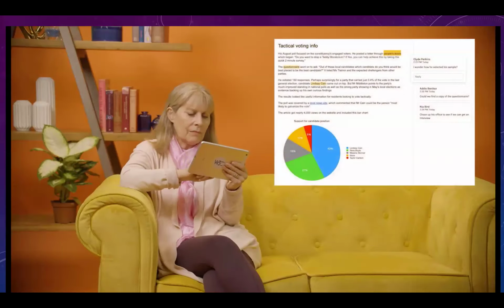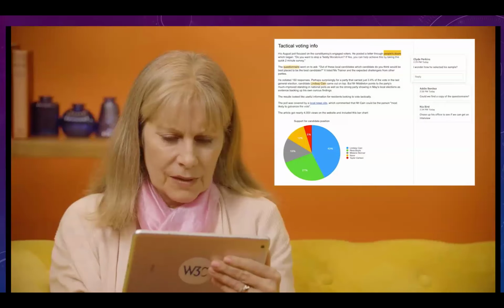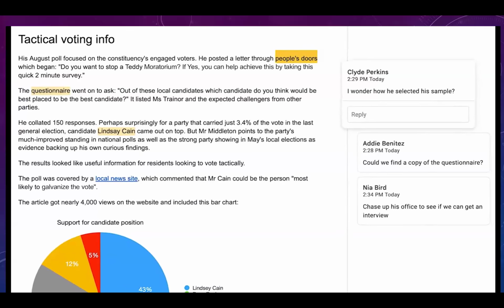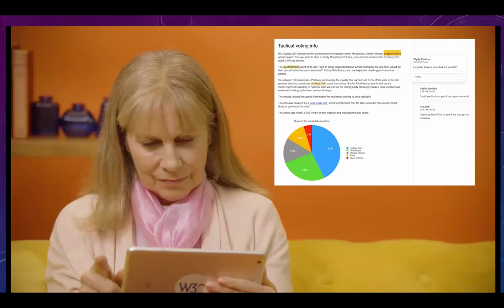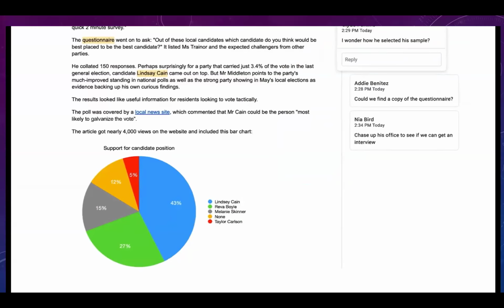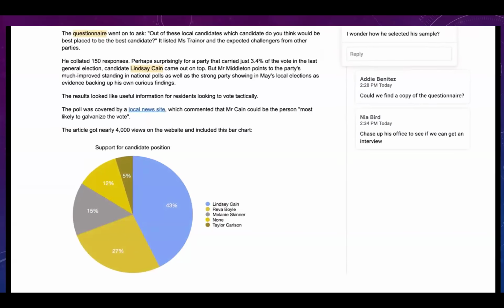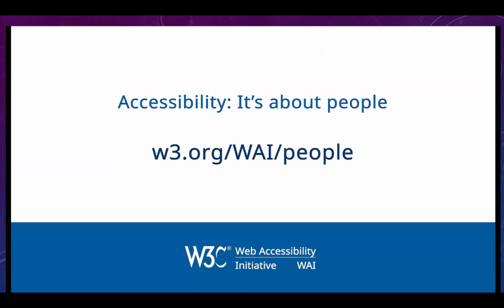Colour issues also happen at work. For example, when my colleagues highlight words in a document without using the commenting function. The commenting function outlines the marked text in addition to highlighting it. Another example is when charts don't have symbols as well as the colours for lines and bars. I can't identify them from colour alone. My team is usually careful about this, but sometimes the suppliers we work with aren't. You can help make technology accessible to me. Accessibility. It's about people. For more information from the Web Accessibility Initiative on how people...